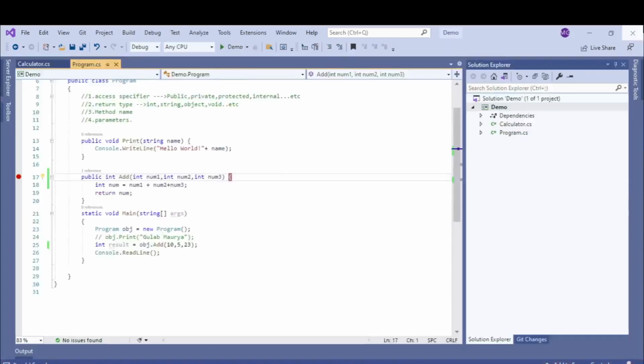Now next is optional arguments. By default, all the parameters of the methods are required, but from C# 4 onwards, Microsoft has introduced a way to specify a parameter as optional. As the name suggests, you can pass data to it or not. It's optional. Each optional parameter has a default value as a part of its definition. If no argument is sent for that parameter, the default value will be used.